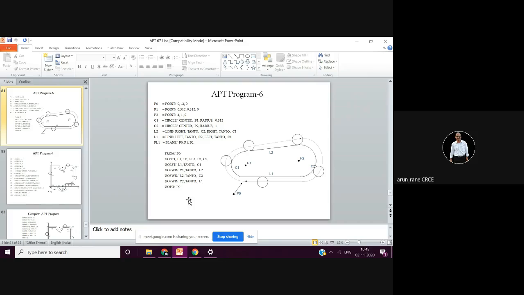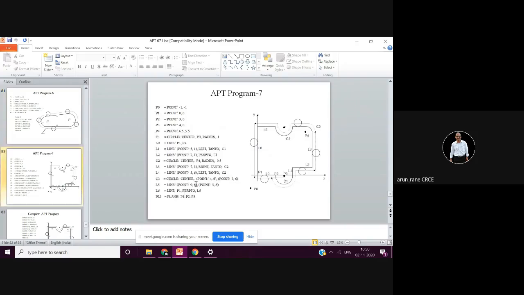Only you have to add now in this program auxiliary statement and processor statement. That's all. Again, this is a university question. Either it will have milling profile or drilling. APT program will be very simple program. You can refer to the past paper as per the previous syllabus when you are going for semester exams. But I don't know how in this semester the exams will be.